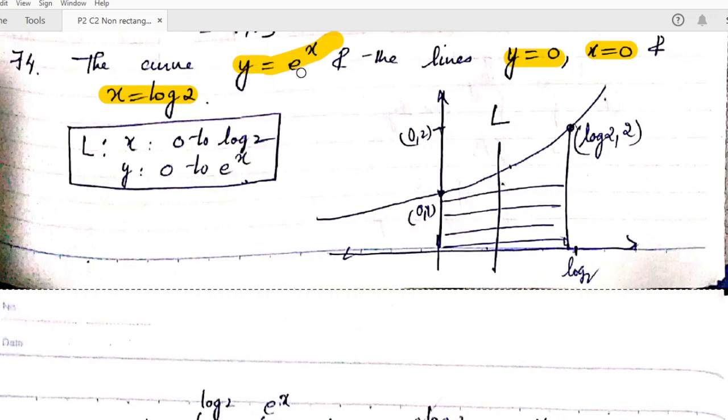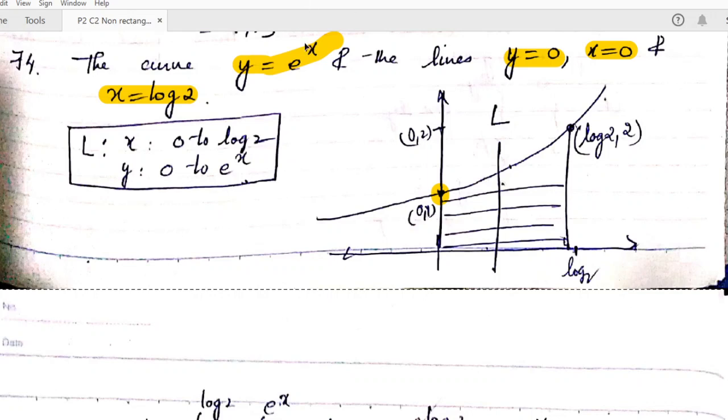We know that this is an exponential function. We have already discussed how the graph of the exponential function e raised to x looks, so again let us discuss it shortly. We can give different points to x, find the value of y, and then plot it. So simply we can first put x equal to 0. When you put x equal to 0, the value of y is e raised to 0, that is 1. So one point is (0, 1).